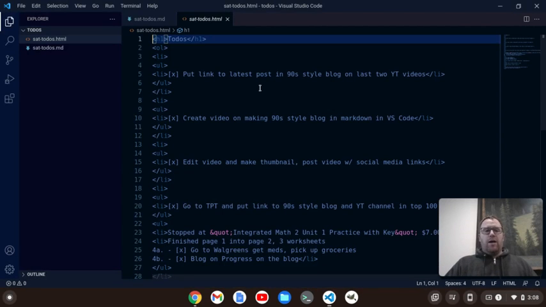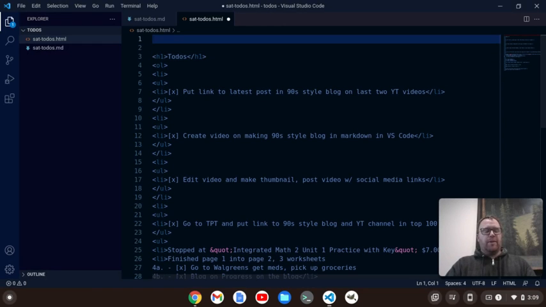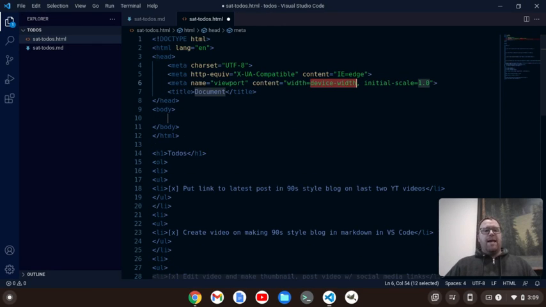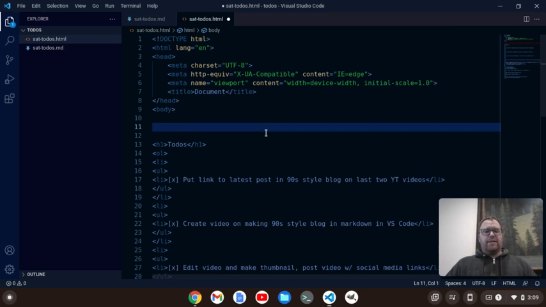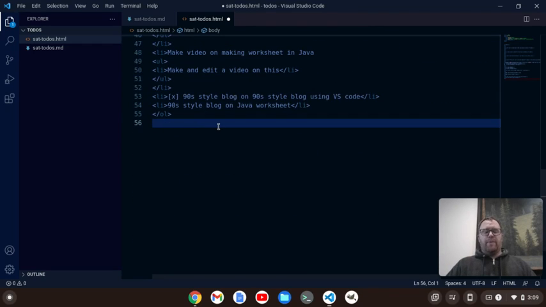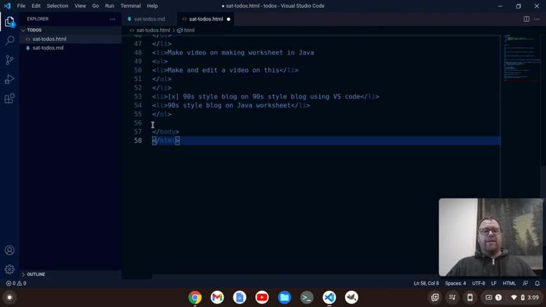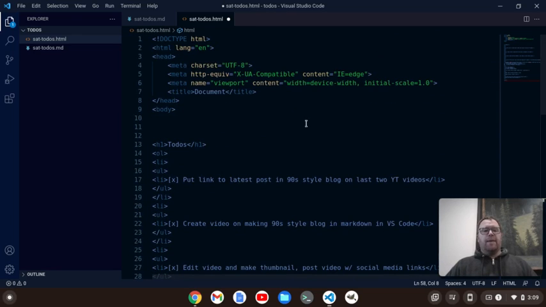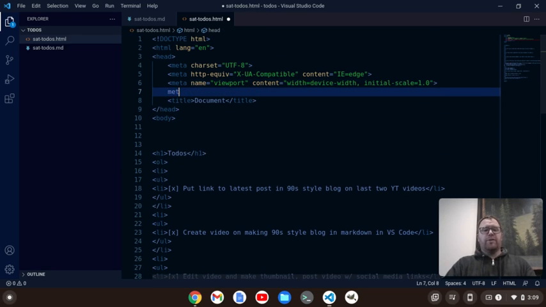All right, so now up top here, I'm going to hit enter to bring this down. I'm going to do my exclamation point, hit tab, and it's going to give me that little structure. I'm going to then hit Control X here, scroll down to the bottom, go past the last thing here, and then Control V to paste the closing body tag and HTML tag. I'm going to go up here and create a description tag with meta DES, and then I'm going to say, these are my to-dos for Saturday, November